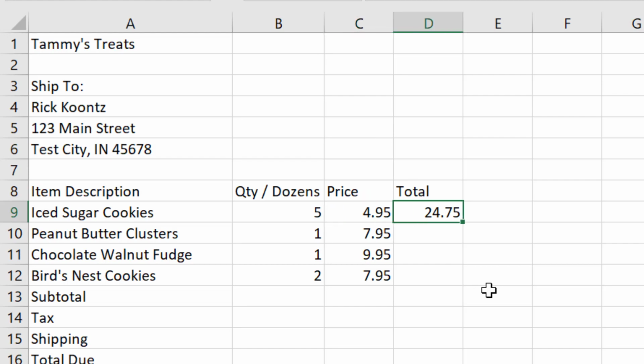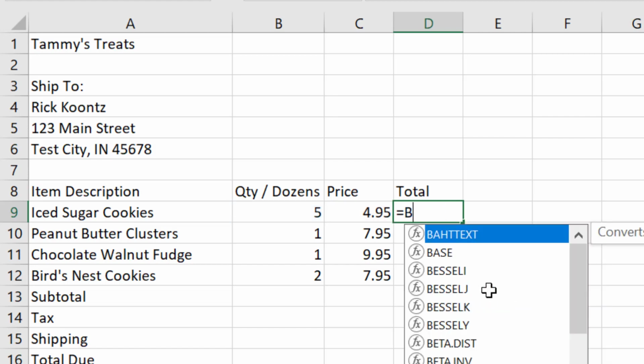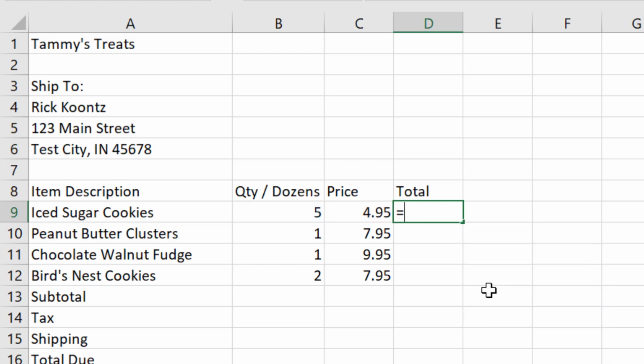Now here is a common error that a lot of people make, and I'm going to go back into this cell, and we're just going to get rid of the B9 times C9. What if I said it's equal to 5 times 4.95? What will that do? Well, the answer is it'll do the math. It'll take 5 times 4.95, and it will give you 24.75. So it looks like everything's working okay, but what you've done is you've basically robbed Excel of its power, because